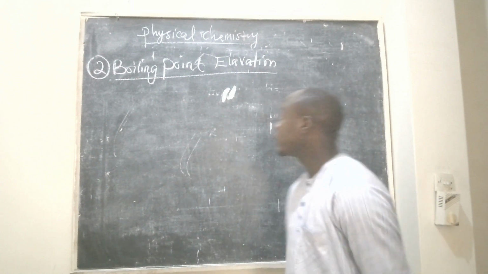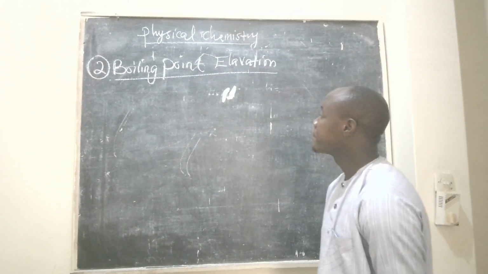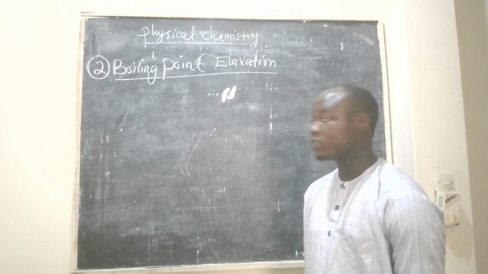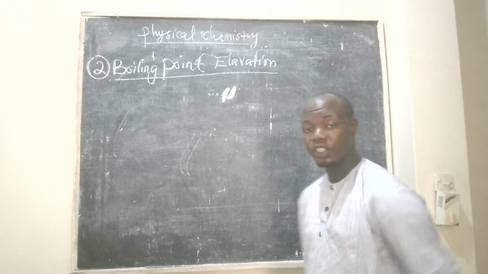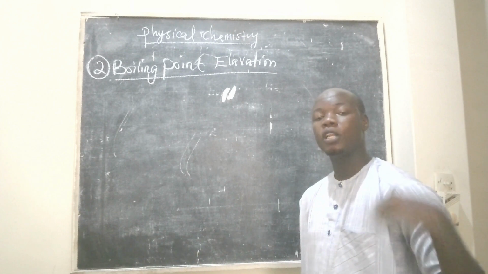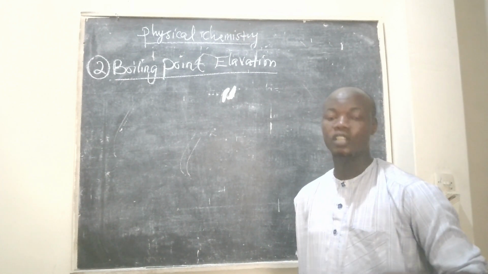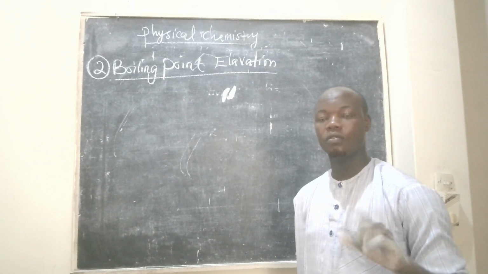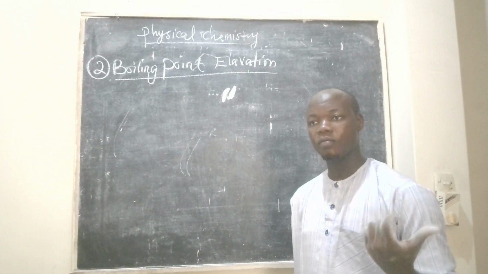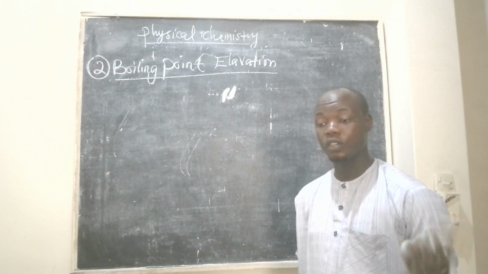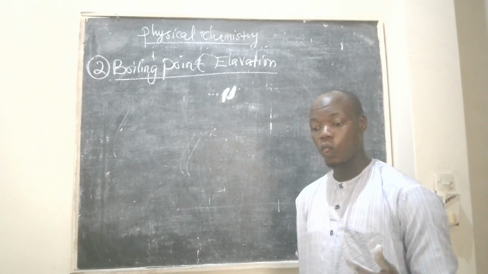Okay, so now the next qualitative property that we are going to look at is boiling point elevation. When you say boiling point elevation, it means an increase in boiling point. So generally, in the case of boiling points, remember from my previous video that you will see how